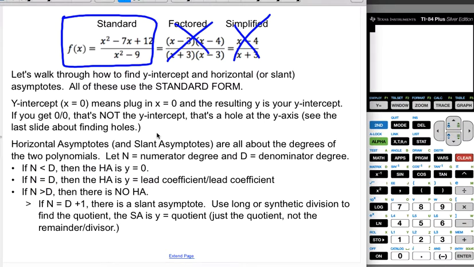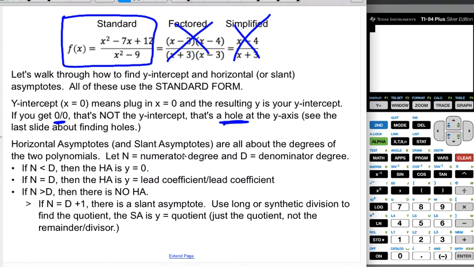So the y-intercept is pretty straightforward. Basically, you're just going to plug in x is 0 and see what y value you get out. If you get a resulting y value, like let's say you get 3/5 or 2 or 7, that's your y-intercept, that's great. If you get 0 over 0, you don't have a y-intercept. What you have there is a hole,